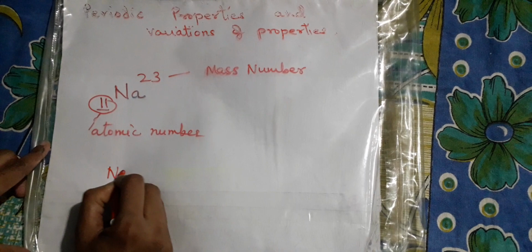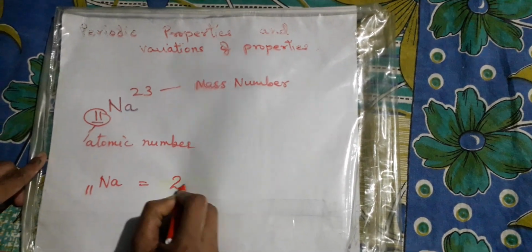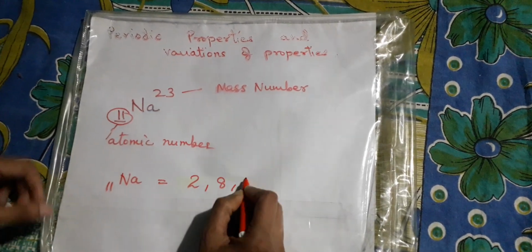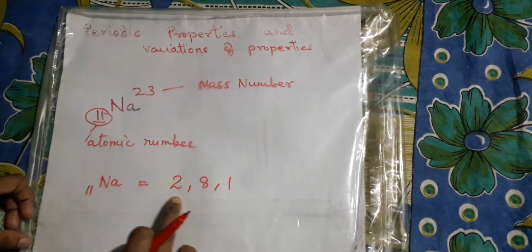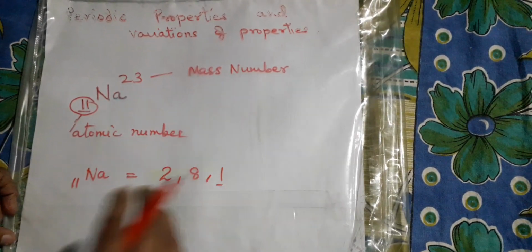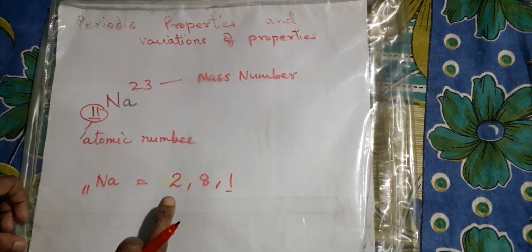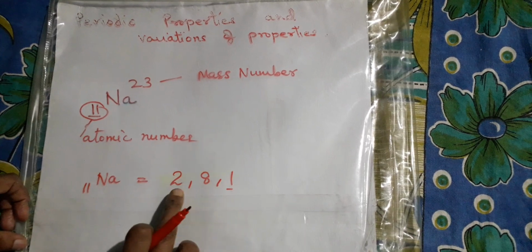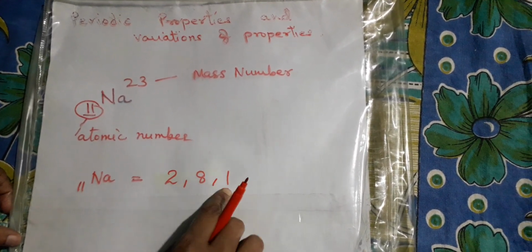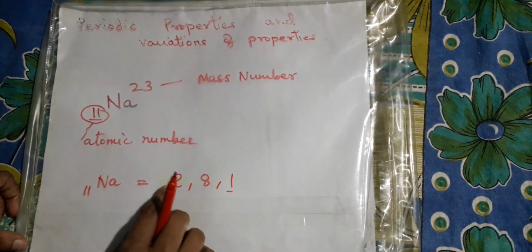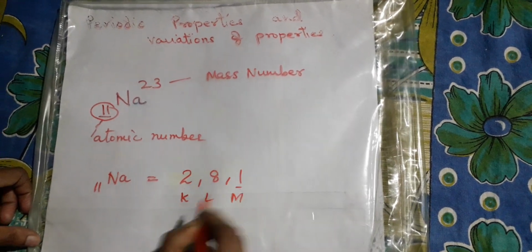Now you will write down this element, its atomic number, and its electronic configuration, which you have studied in your previous classes. You know how to write the electronic configuration, and you have to focus on the number of shells and the valence electrons. Let's start with the first part, the shell. As we discussed in class 9th, whenever we want to focus on shells, we always count the electronic configuration, that is 2, 8, 1. Now it is 1, K, or 1, 2, 3.